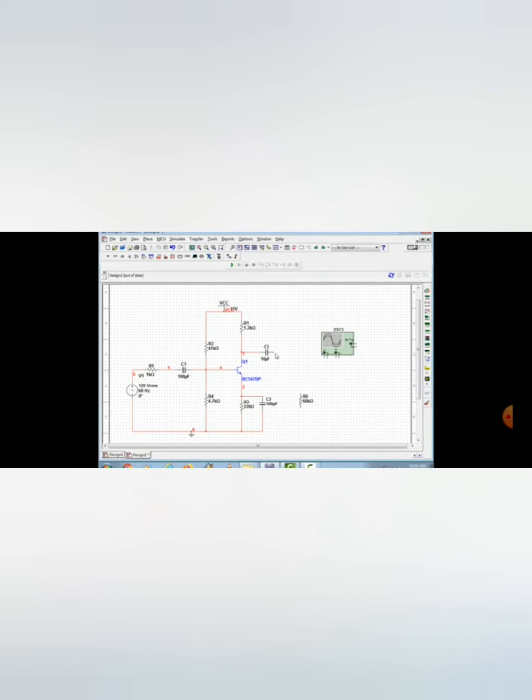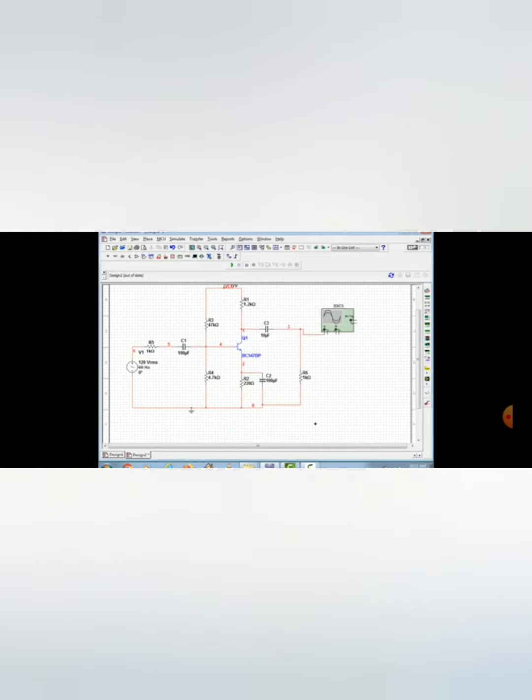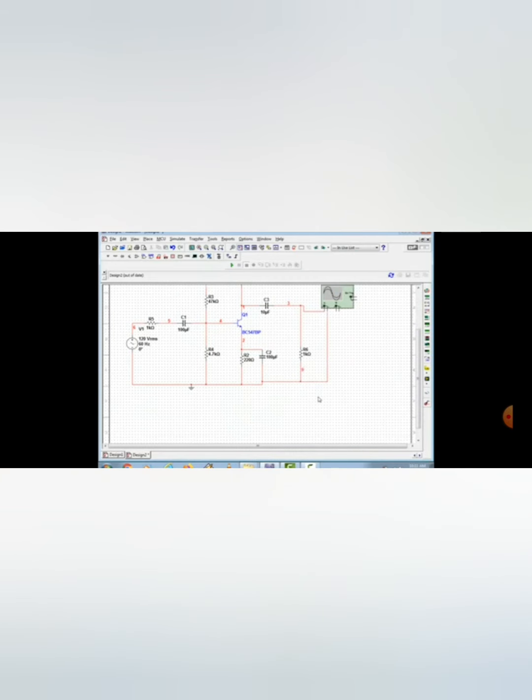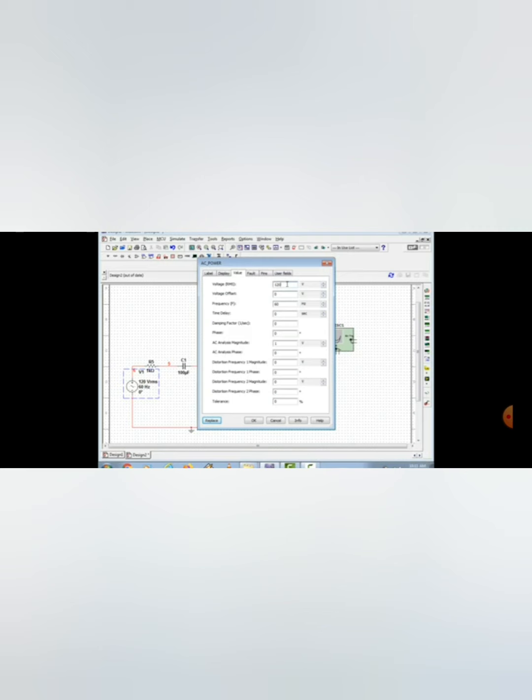Change the value of RL. Connect the various components together. Connect to the ground. Connect one terminal where you want to see the output, the other to the ground of the CRO. Change the value of the input supply.